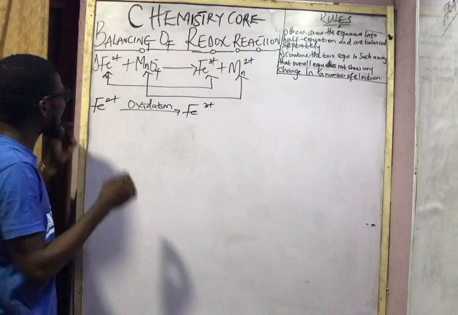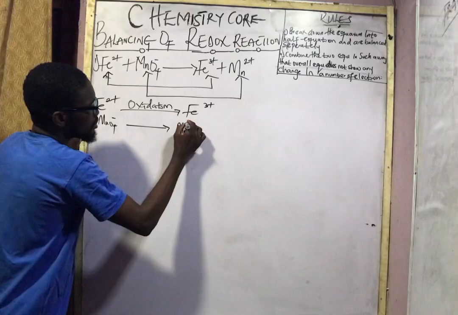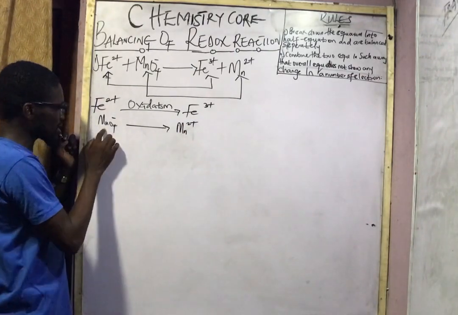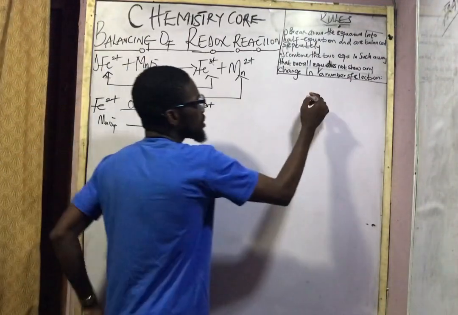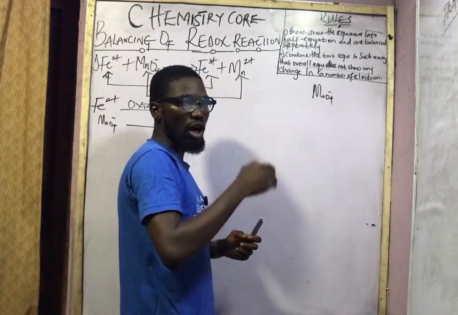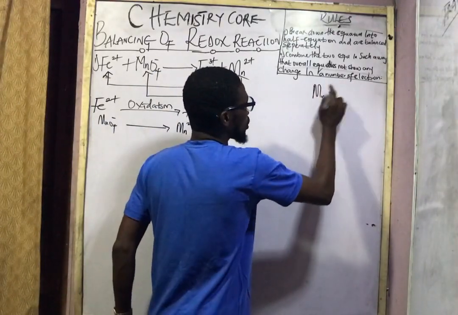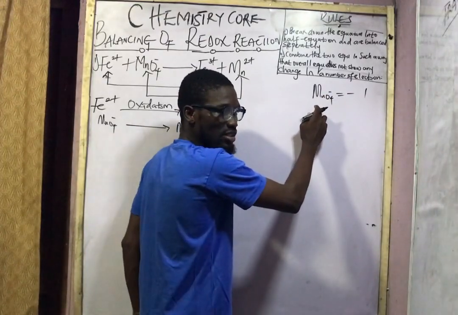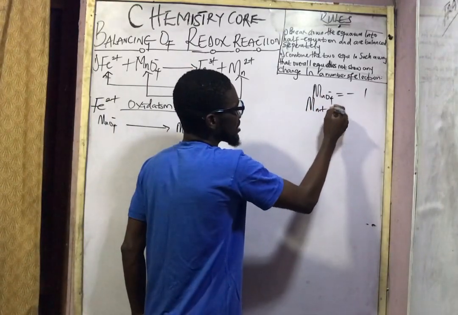So guys, the next one is we have MnO4- and we have Mn2+. Now looking at this equation, we have 2+ here, but what is the oxidation number of manganese here? Come closer. Don't forget the rules of oxidation numbers. This overall ion is equal to -1. What is the valence charge of oxygen? The valence charge of oxygen is -2. So you can say Mn plus (-2)